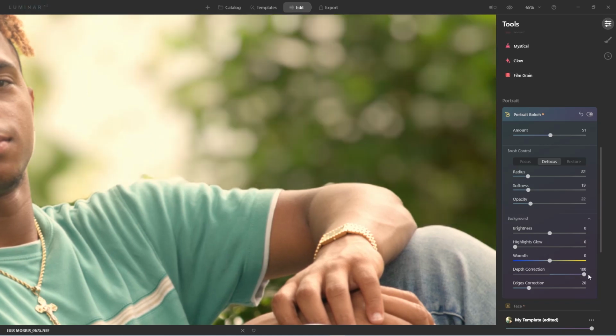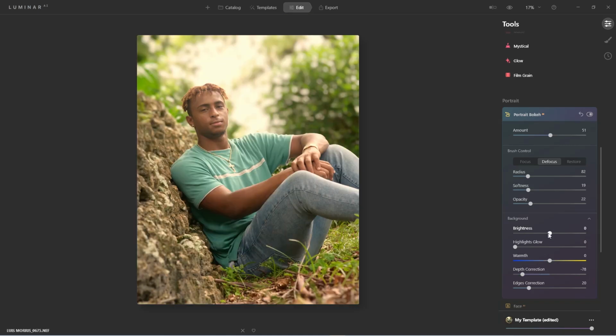Look at those geometric shapes. Now, by adjusting the background with a negative value, it'll make the background darker. This helps the subject stand out. This looks great. Now, let's compare the original image to our edited image. Look at the beautiful geometric shapes and how it helps draw attention to the subject.